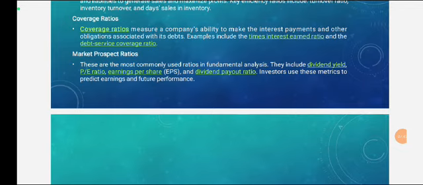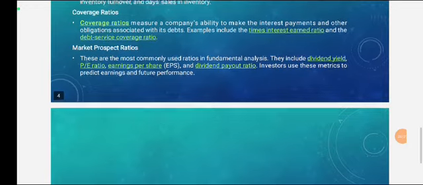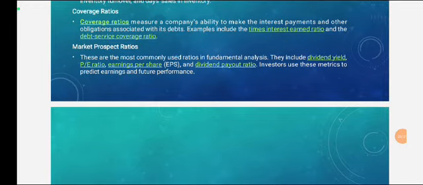All these ratios are computed and estimated by the investors who are going to invest their money in the companies. They predict the future earning and future performance of the company. Based on their prediction, they are ready to invest their money. So all the six ratios are very, very helpful in the view of the